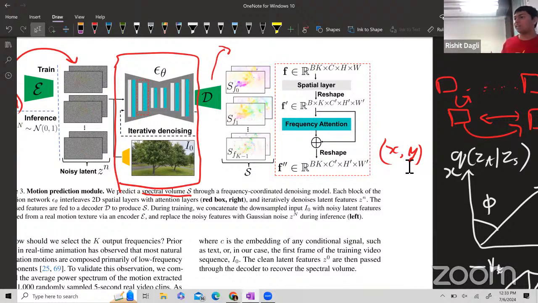When you try to take a text to image model and inflate it to text to video, what you end up doing is, of course, average weights across channels, but probably you also change your attention layers. Most likely you would take queries and keys from other frames, or take a part of queries and keys from other frames, and take the values from the same frame that you're working on. So this is essentially just that, but in the frequency domain, and they do it on all of these spatial volumes.